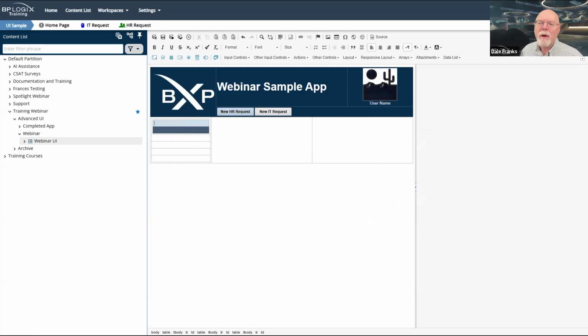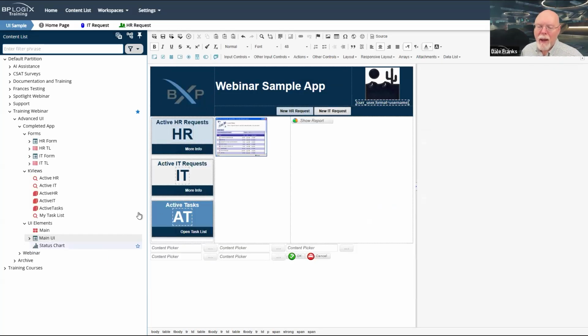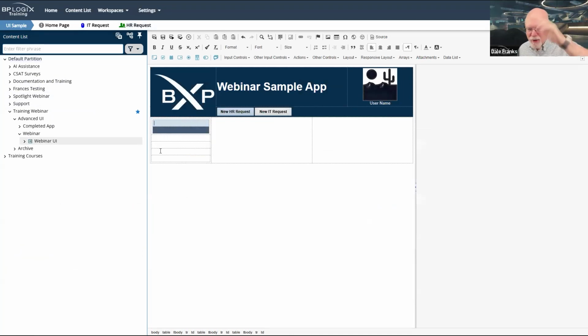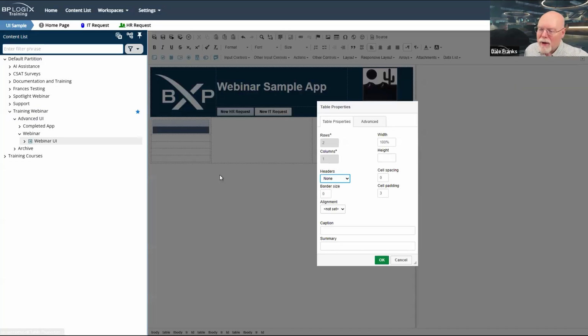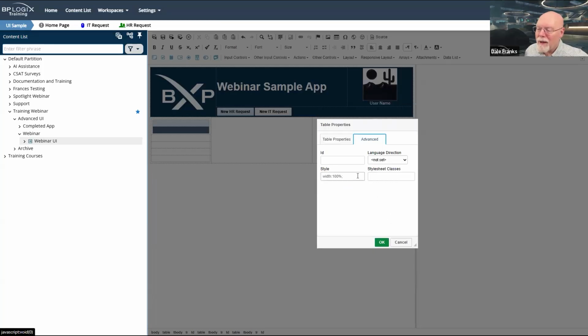So let's remember, we have a style called metric panel. We don't really want to show it to you now since I'm right in the middle of this, but we have that style called metric panel. I'm going to go here to table properties, go to advanced, and it's got that style sheet class there. I think that is the proper syntax.